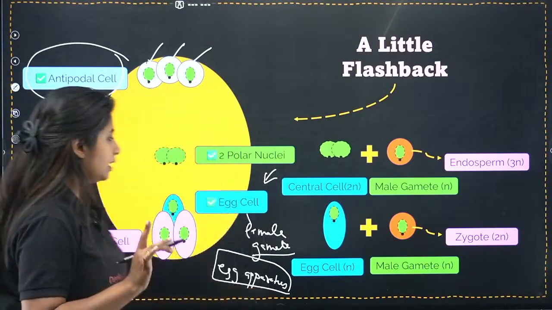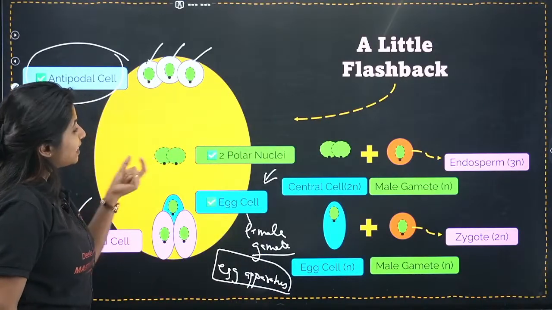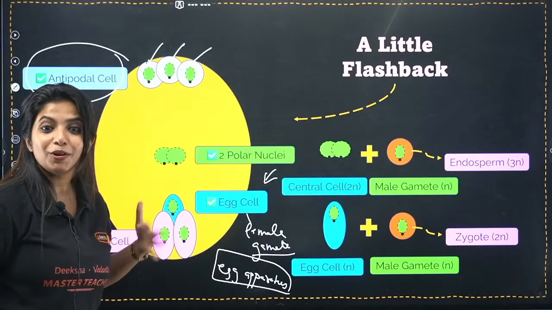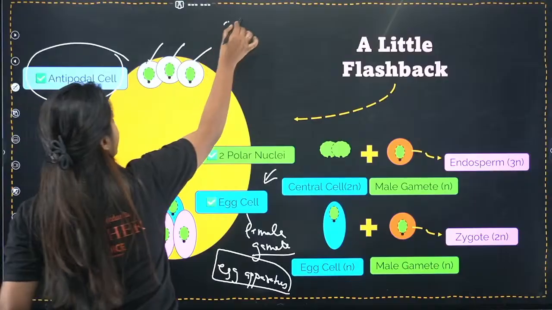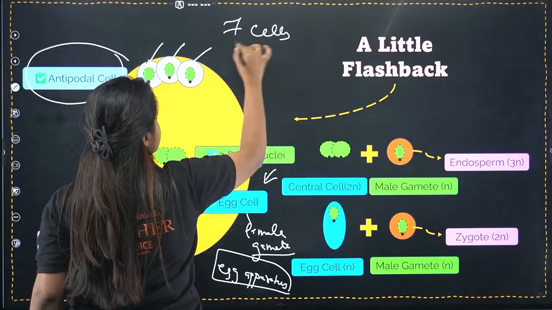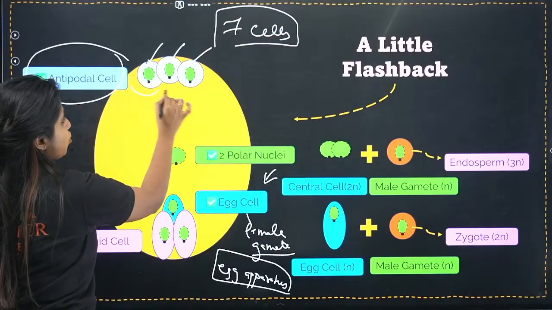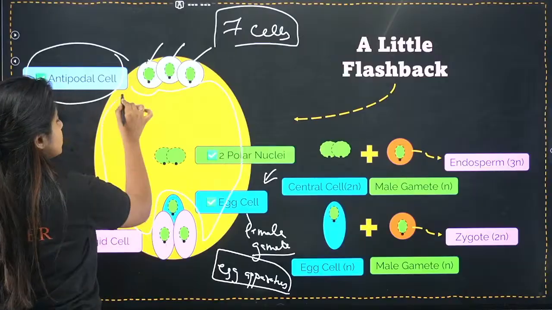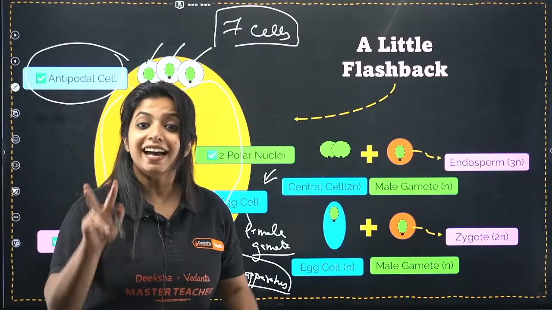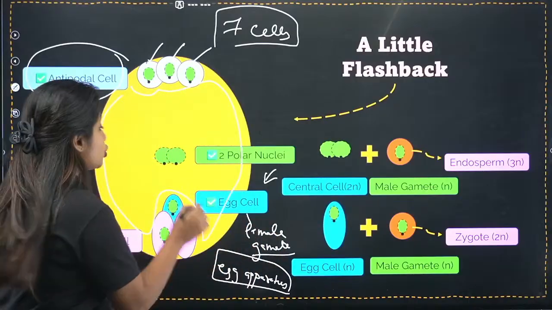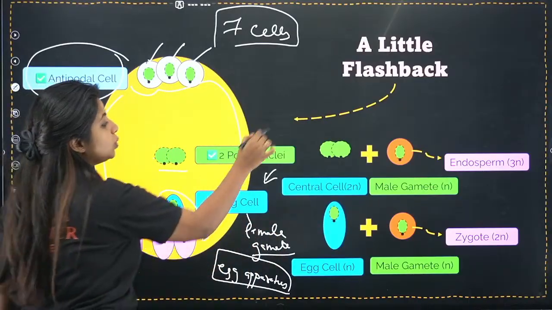Cool. Now what about these 2 things? These are nothing but nuclei. Nuclei of what, ma'am? So 3 plus 3, 6 cells are already done. You told that there are 7 cells. Where is the 7th cell? This whole thing that you see over here is a part of a very big cell, which you call the central cell. And the central cell, which is very big, has 2 nuclei. And what do you call these nuclei as?